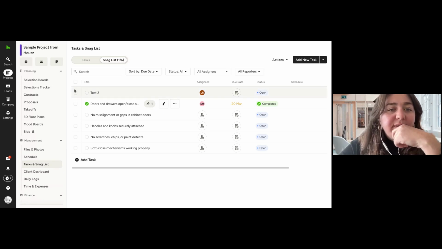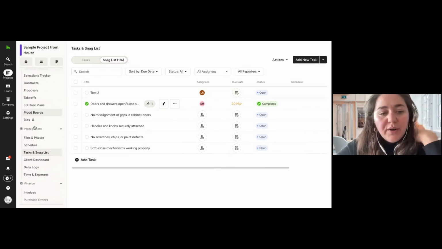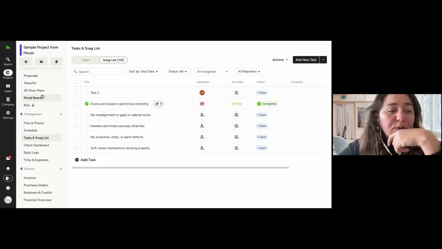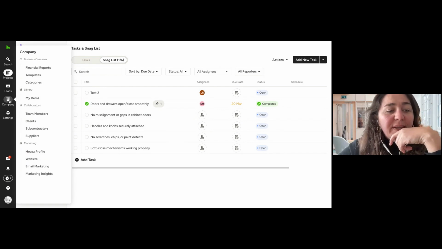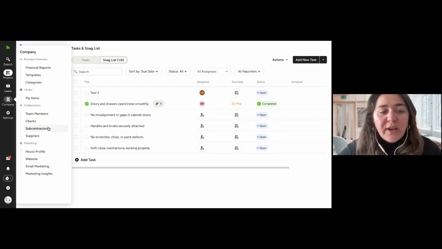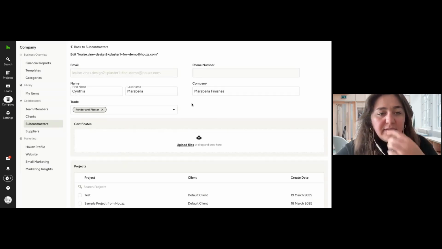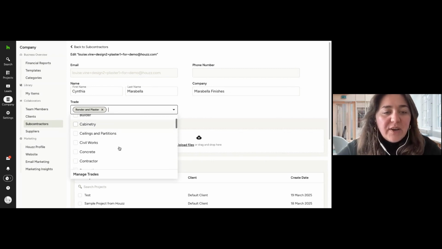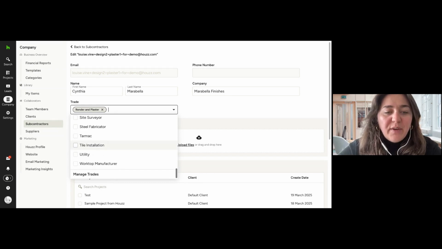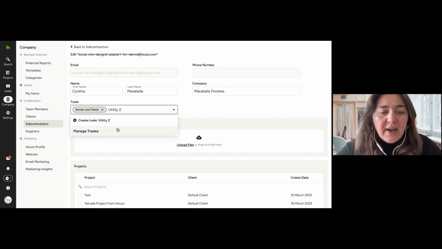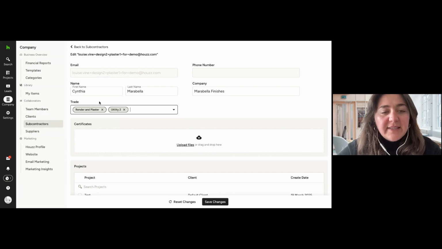So another thing that we have developed for the subs, as I was mentioning, so it's either your team or your subs. If you go to company here and then you go to subcontractors, you're able to create custom trades. So let's say in here, render and plaster, I'm just going to edit Marabella finishes. I can create a new type of sub. So in here, let's say utility 2, I can create a custom trade and assign different types of trades to